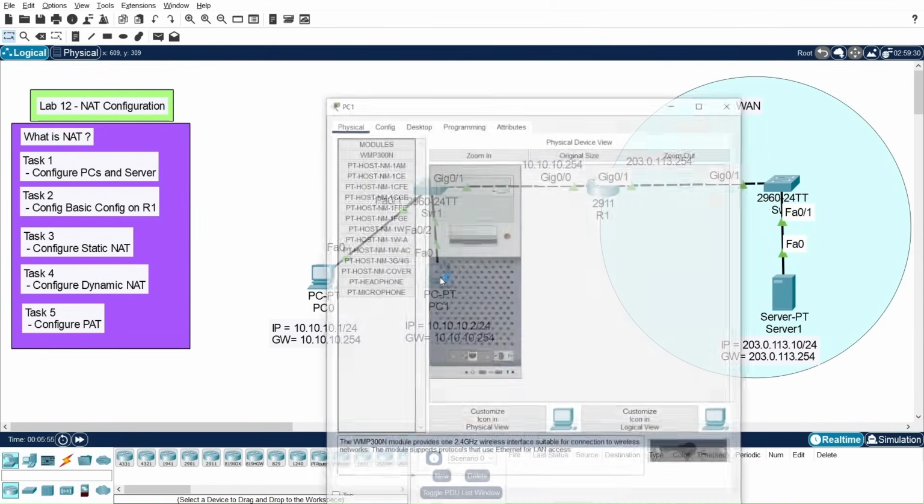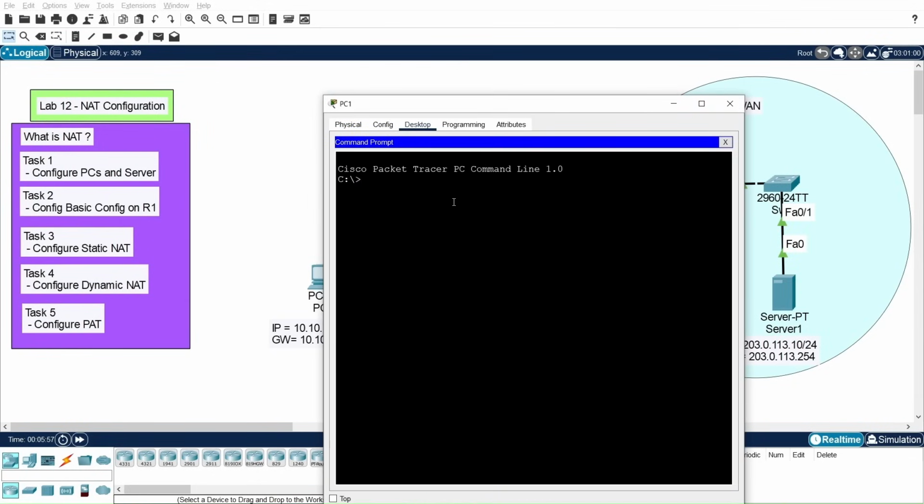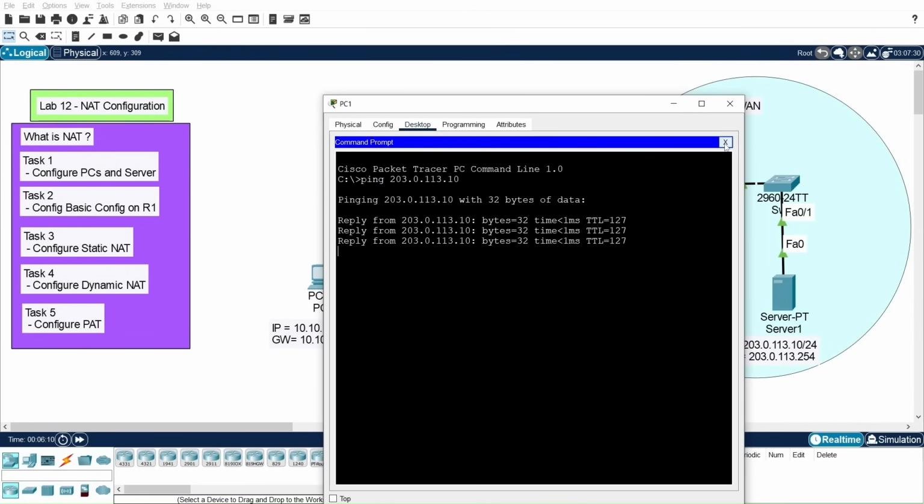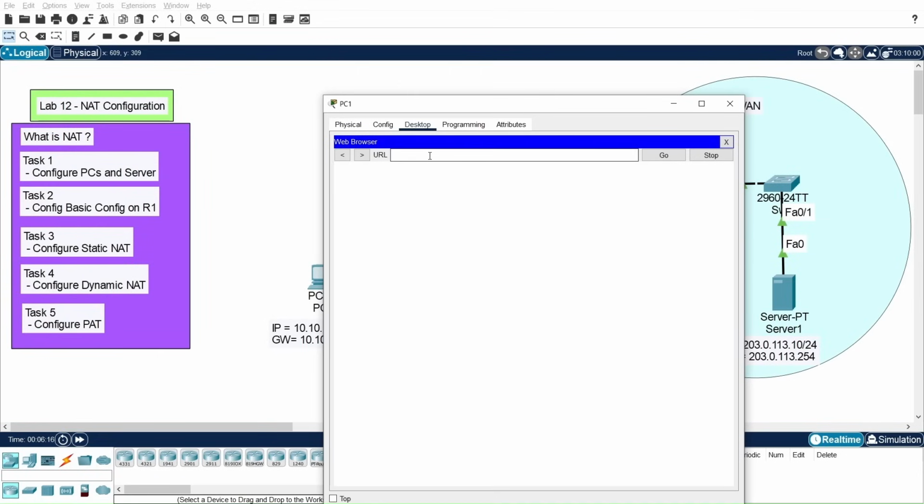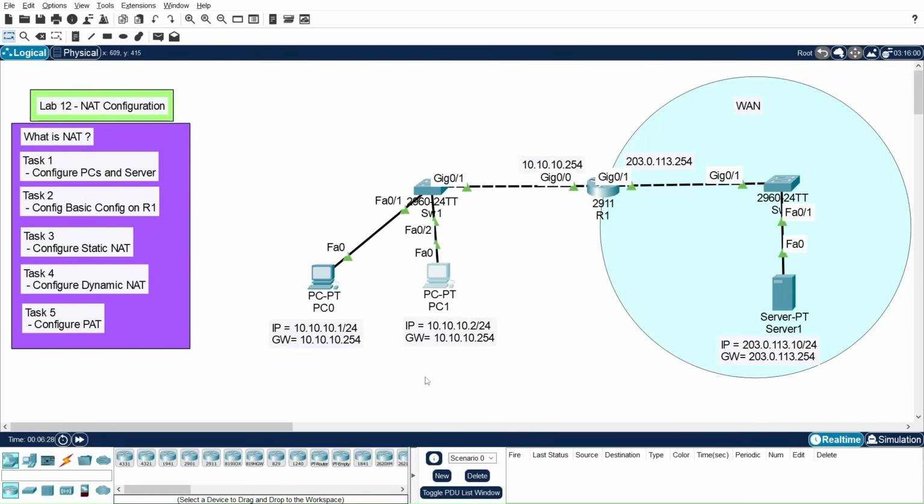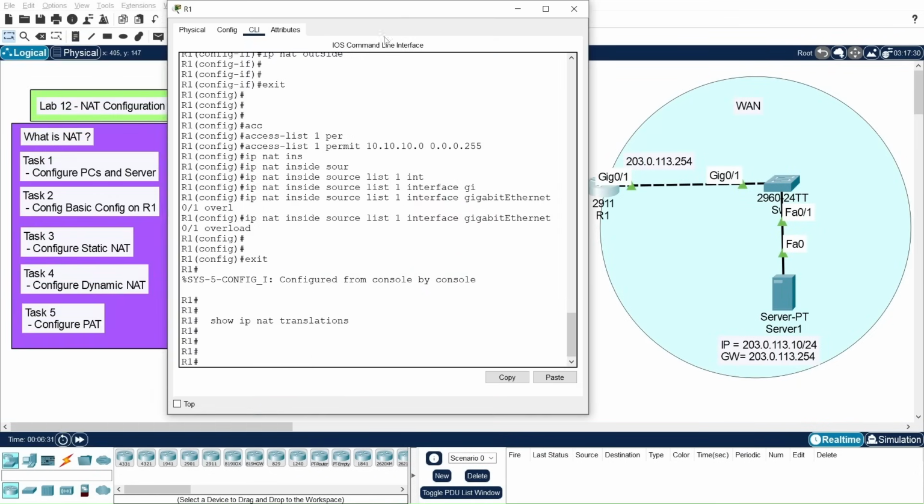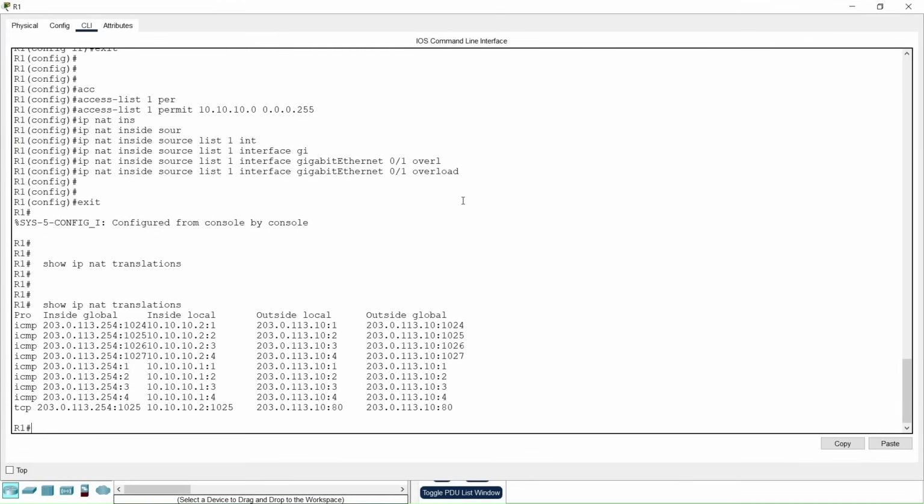Now let me do the same from another PC, which is PC2. Again, the server IP address is 203.0.113.10. Let me also open the web page of the server by entering the server IP address in the address bar, and now we will have some translations. So let me maximize the window, and sure enough,